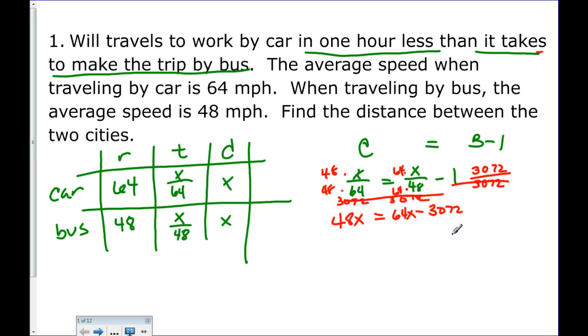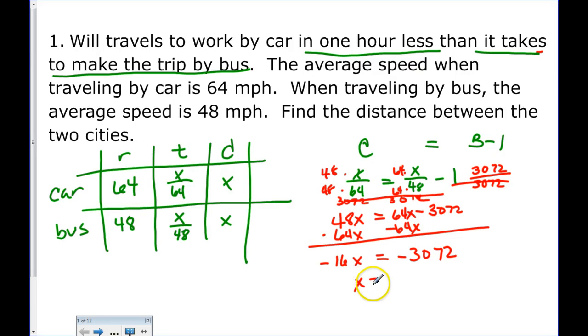How do I solve for x? Okay, so if I subtract 64x from both sides, that is 16x, and it's negative, and negative 3072. Take 3072 divided by 16, you get 192. So my distance is 192 kilometers or miles. All right,